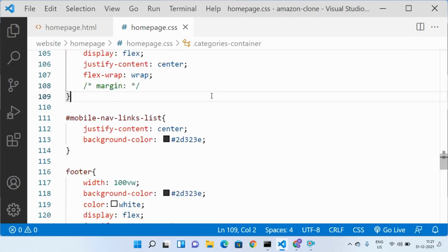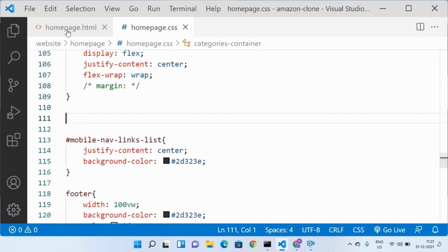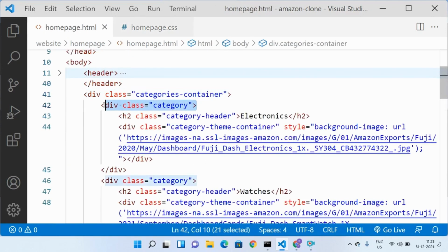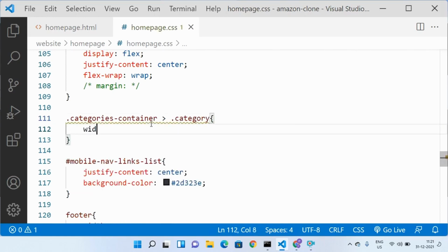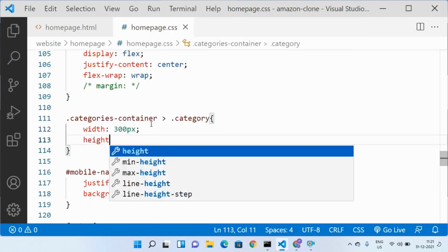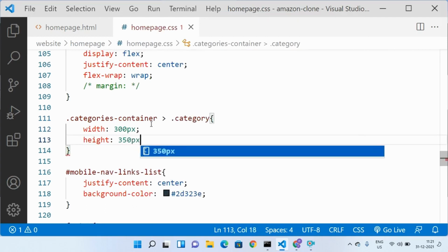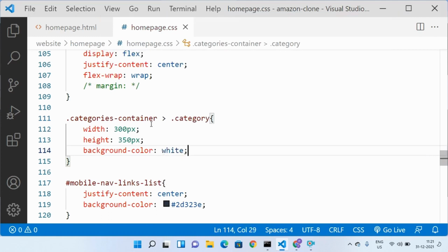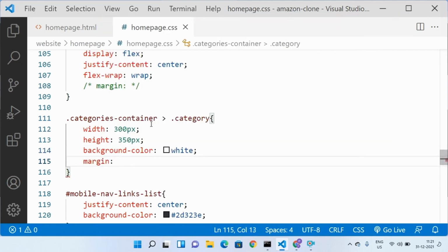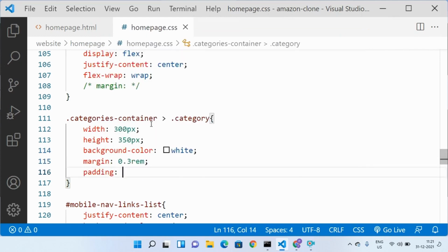So now if we go to the HTML page, let us target the category which is inside the categories container. So categories container, then category. Let us give it a width of 300 pixels, height of 350 pixels, background color white, and margin let us say 0.3 rem, and padding 1 rem.